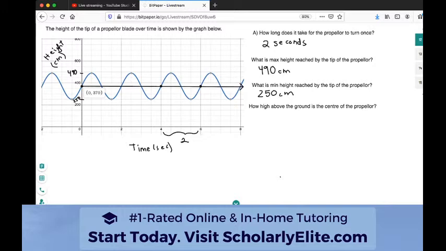Kind of like that. Okay, great. Well, how do we solve for that? It's actually not that hard. Again, we are looking for our midpoint. That's all that's being asked, right? So our midpoint, which is another way of saying the C term, is the max plus the min divided by 2. And that's just going to be 490 plus 250 divided by 2, and we get 370 centimeters,